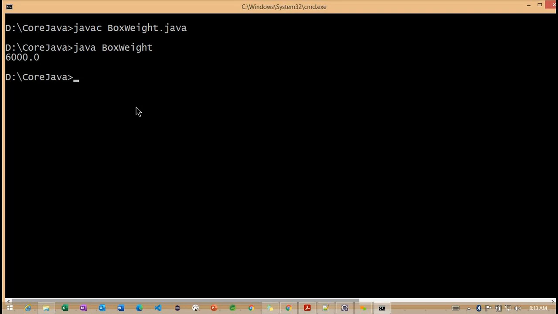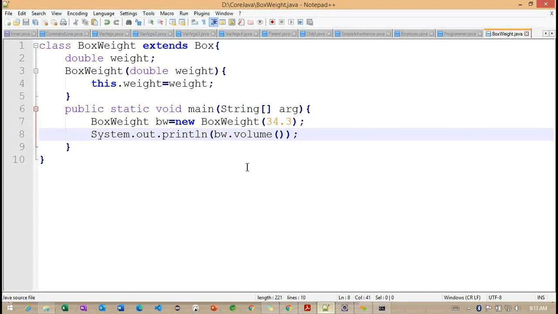Basically, this is not the correct output here. When it called the volume method from the child, it will execute the default constructor of the superclass. So whatever i, j, k are there, height with the three values, it will take from the default constructor, and volume will be calculated.